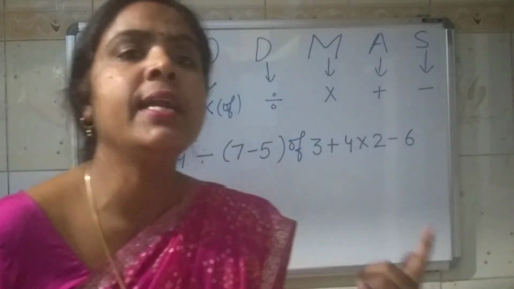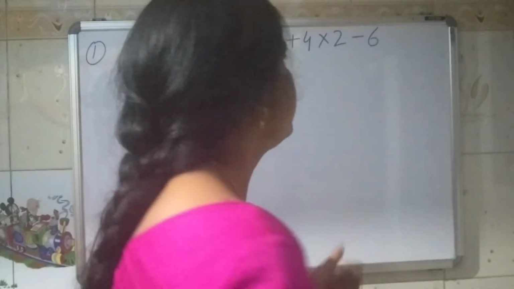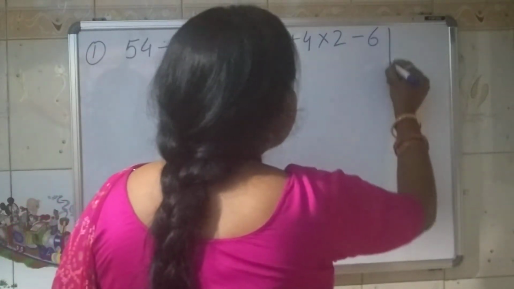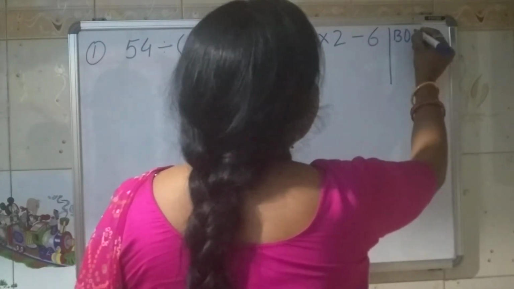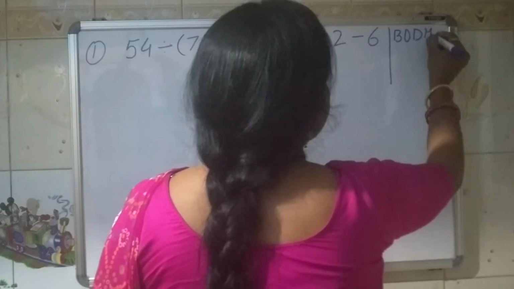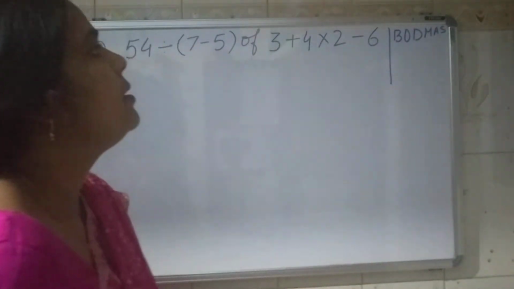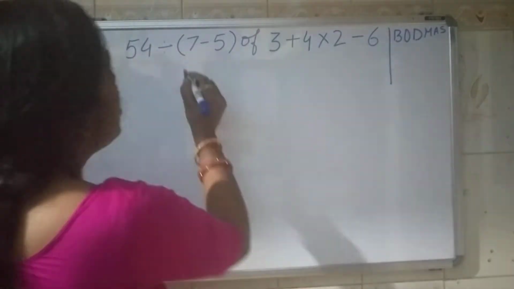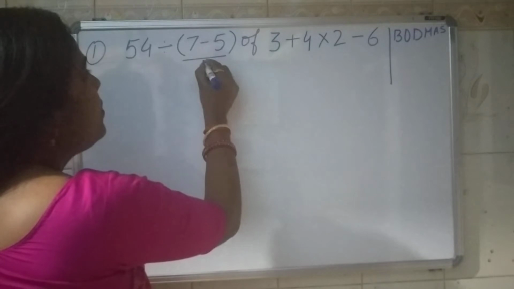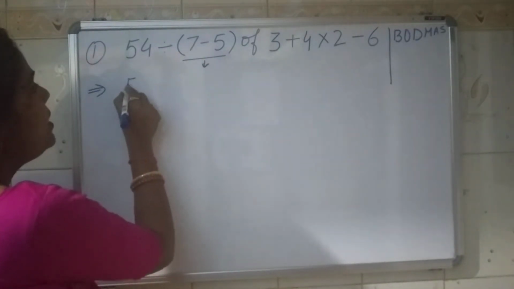Now we are going to start. So just solve this question. Just make a rough column and write down BODMAS here for your remembering, so that you will never make a mistake. Okay. Now first is B, which means bracket. We will solve this part. So we will just copy down the numbers like this only.